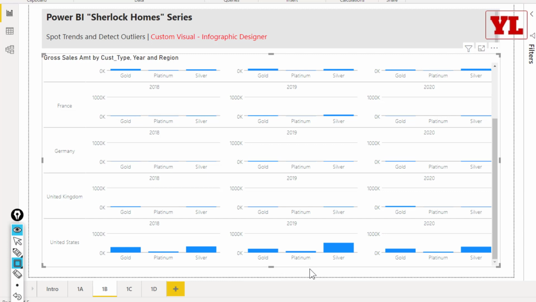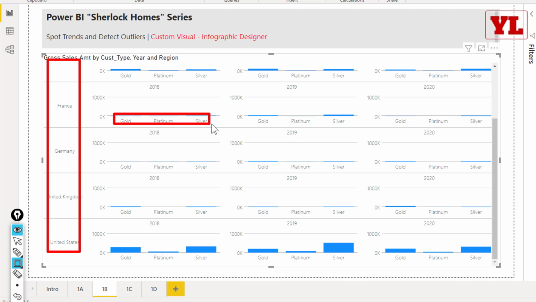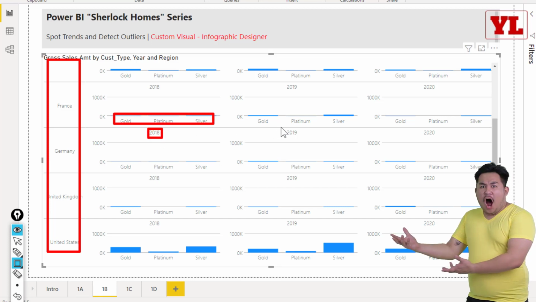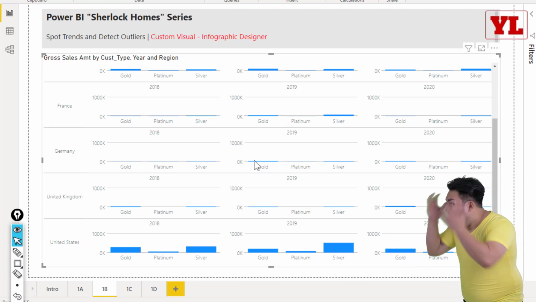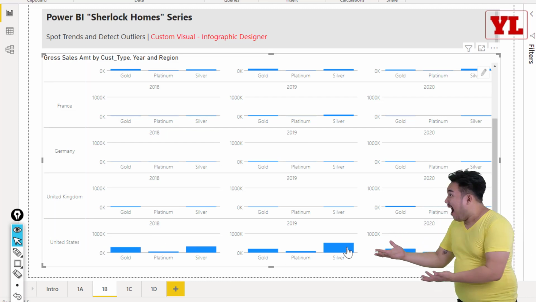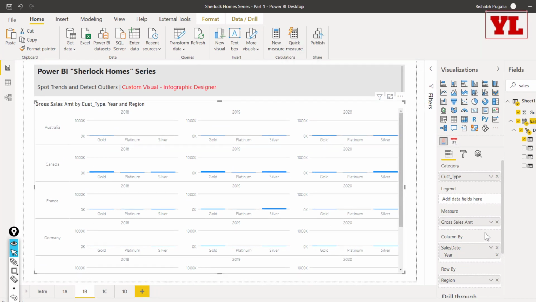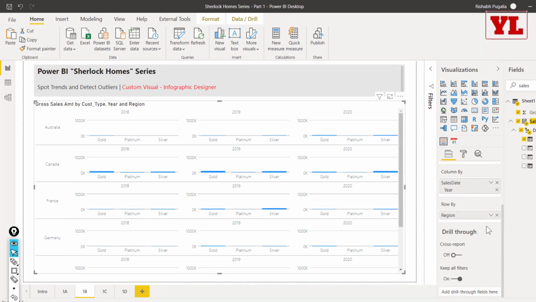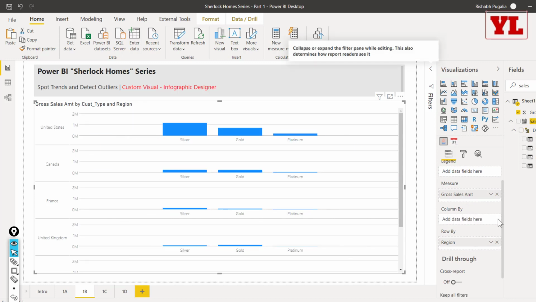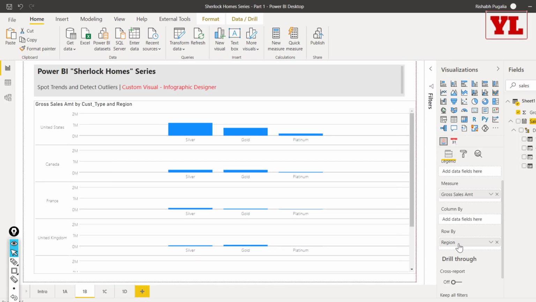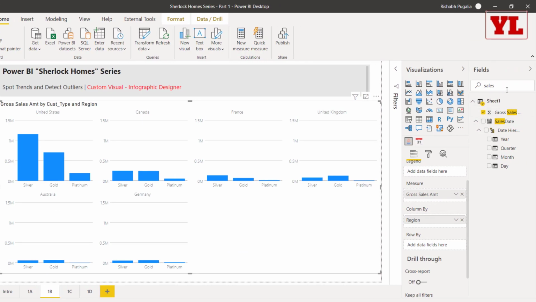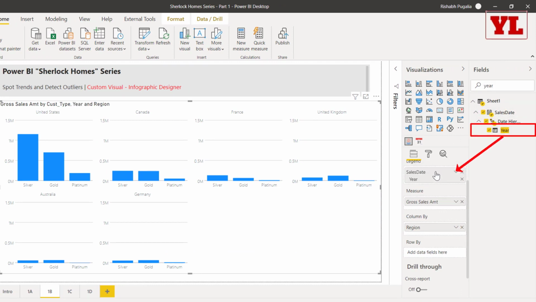Because you can see from the data that the data has been divided into region, the customer type, the year. So at a single glance you can know that, hey, US is one of the most important markets for this data. Now of course you can change the positioning. If you think this is too much data, you may ignore the year. In that case, you get data region by region. Or you may bring region in the column by and then put the year in some other option. Let me put it in the legends.